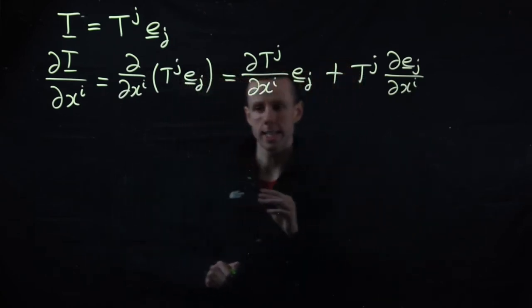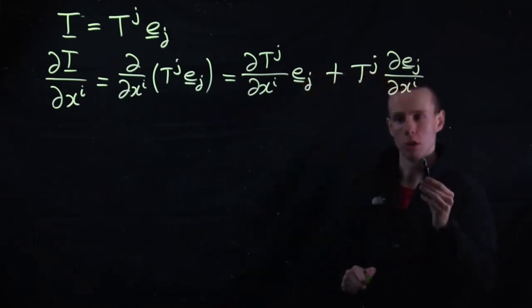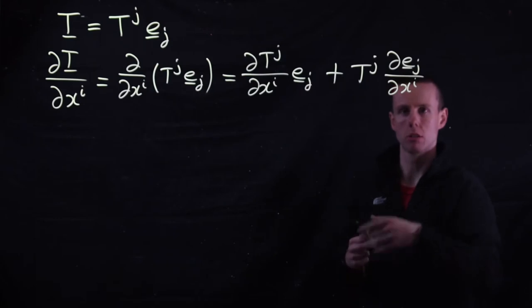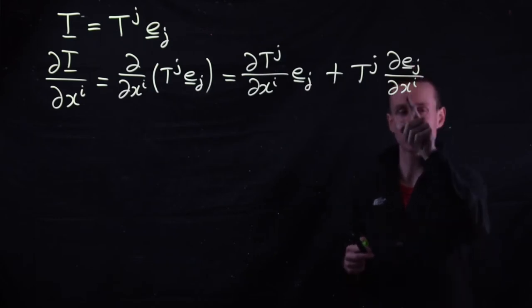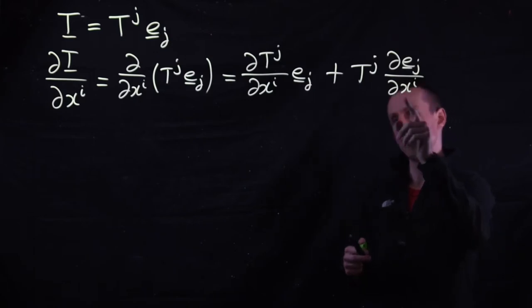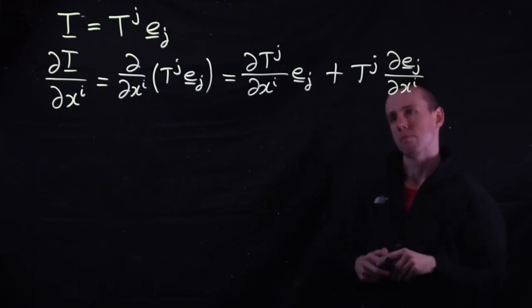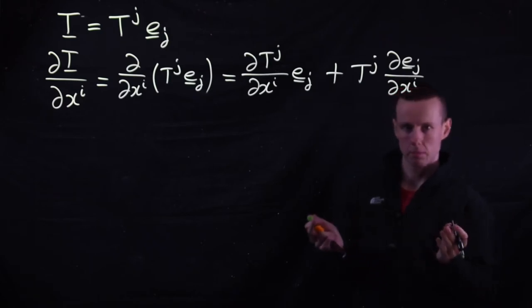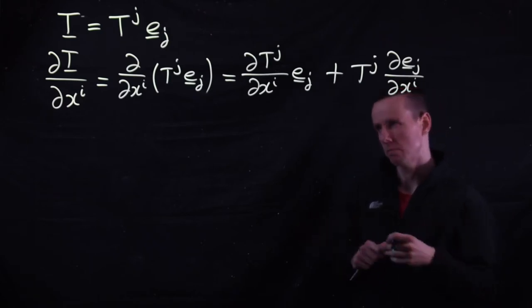Okay, and as I say, in general coordinates, this term will be non-zero. So the derivative of the basis vector with respect to the coordinate, in general, that can be non-zero. So how do we find it? Or where do we go from here? Well,